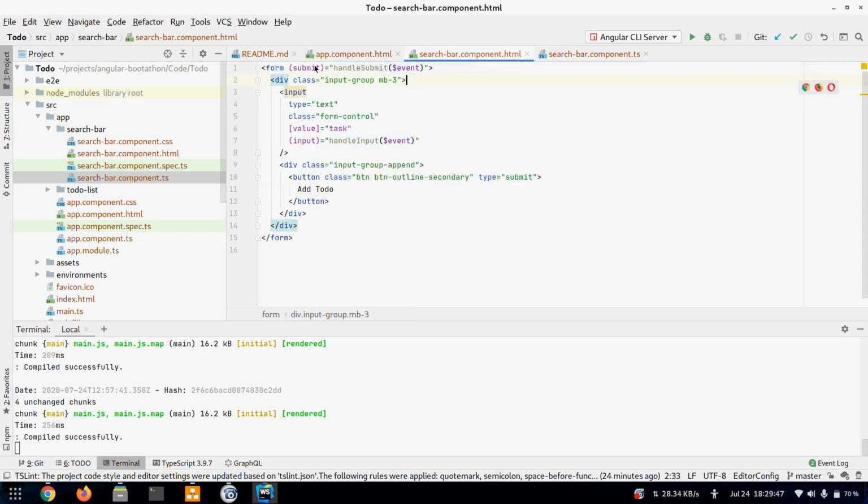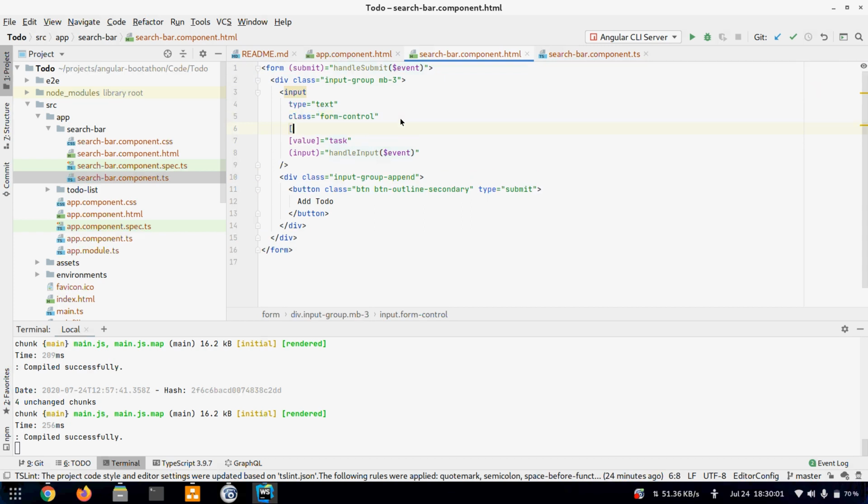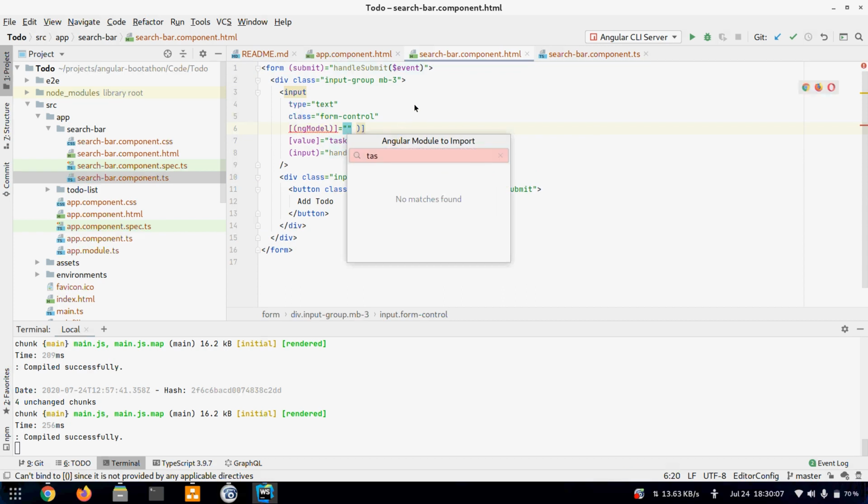So this is the HTML file where we added event binders. This thing can also be done using two-way data binding that we saw yesterday. That looks something like this. If you remember, ngModel is equal to the.